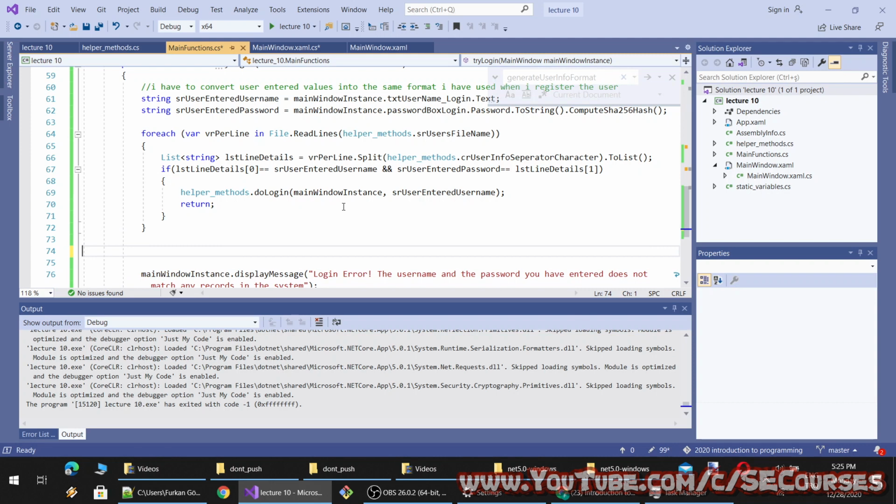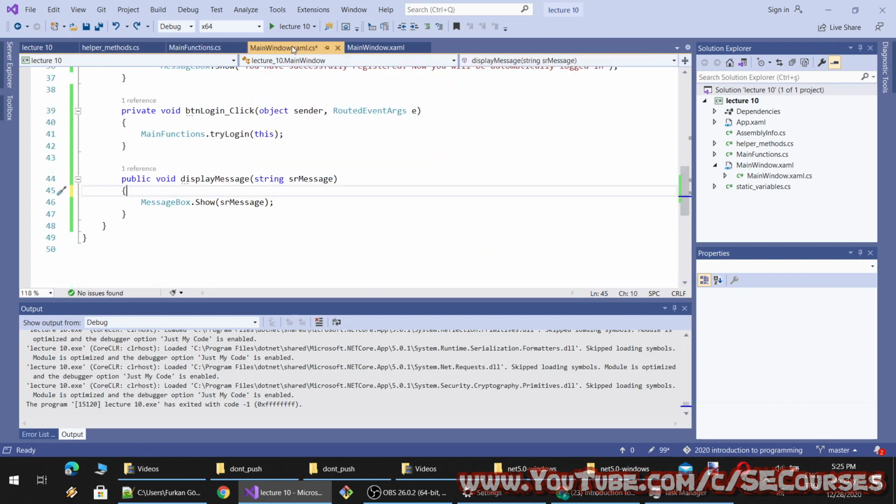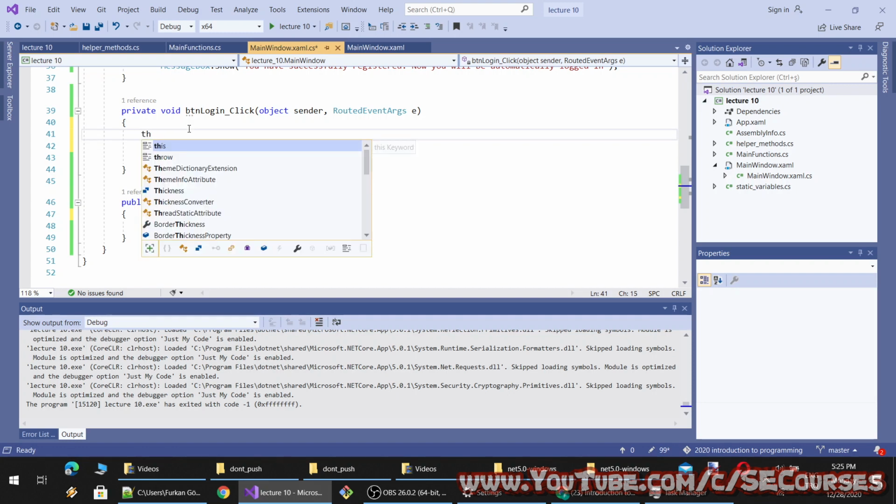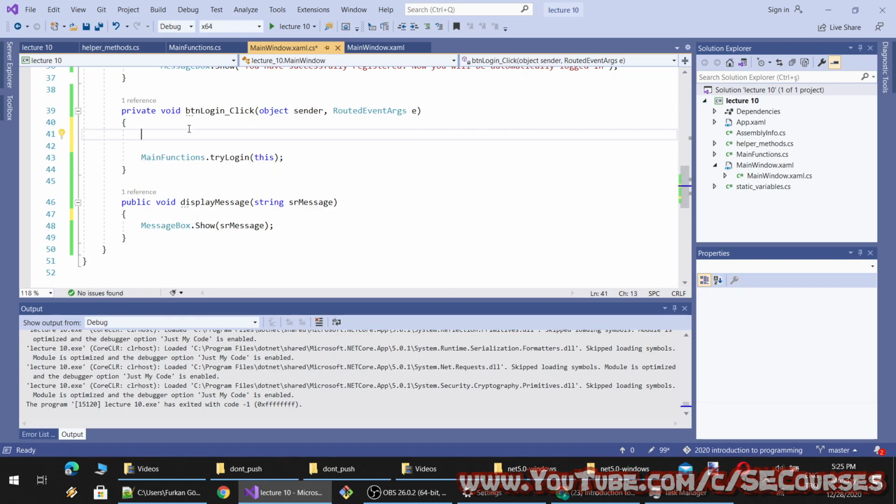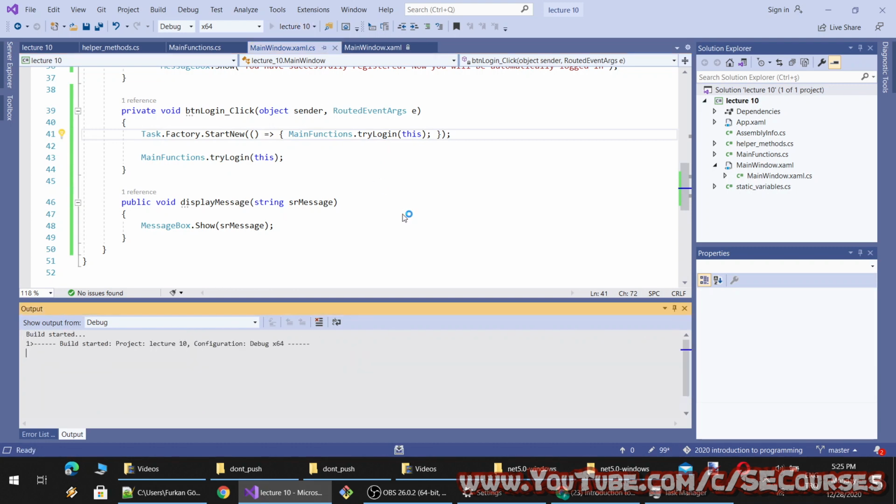Actually, I can just show you that. So this is used for starting a sub-thread, actually. And if I do it like this, it should throw an error.